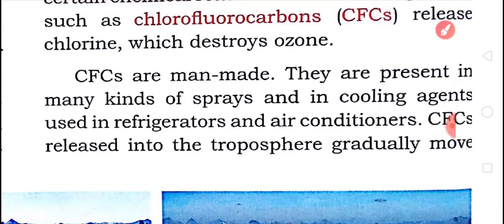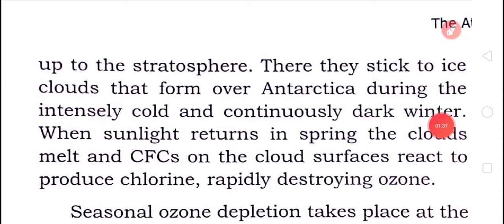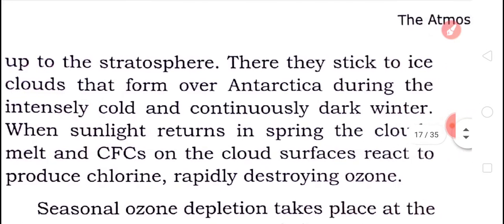CFC is released into the troposphere gradually, moves up to the stratosphere, and there it sticks to ice clouds that form over Antarctica during the intensely cold and continuously dark winter.